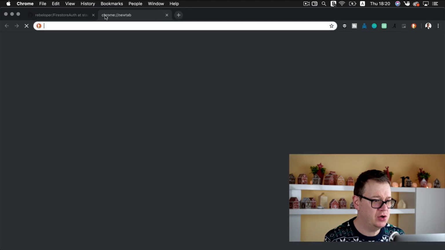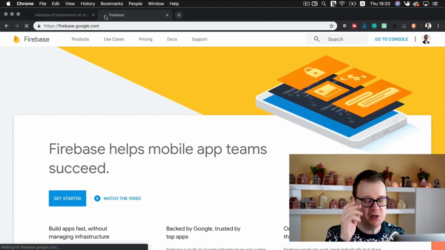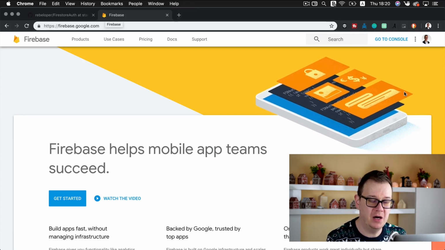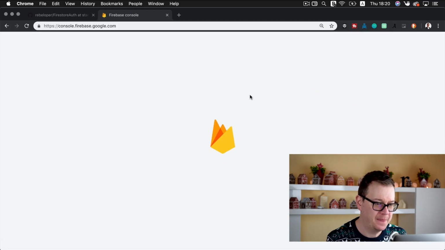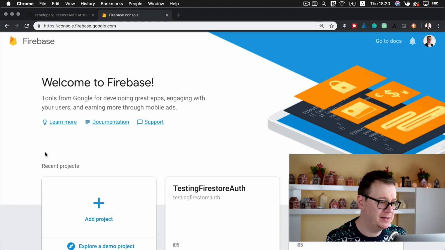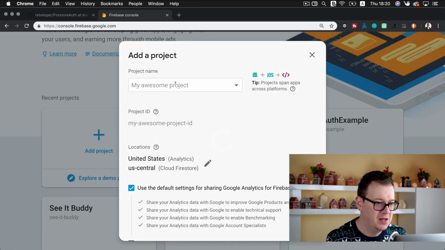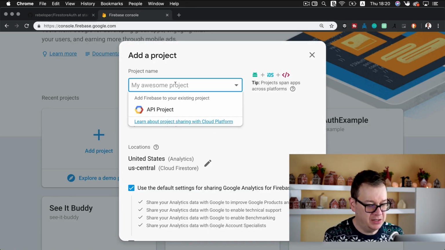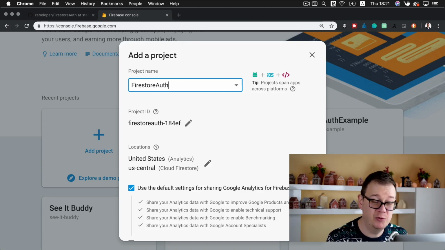Let us go now to firebase.google.com, because first of all, we want to create our Firebase app. Select go to console here, and let us add a new project. So click on add project. Let's have this project name, let's say Firestore Auth, because we are authenticating with Firebase's Firestore and with the help of